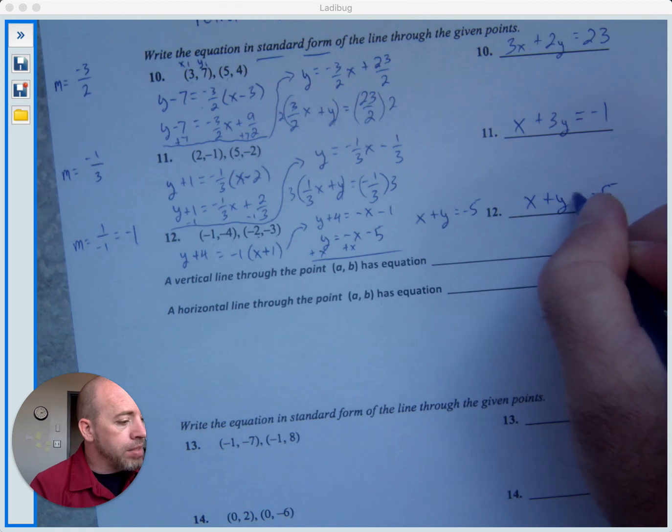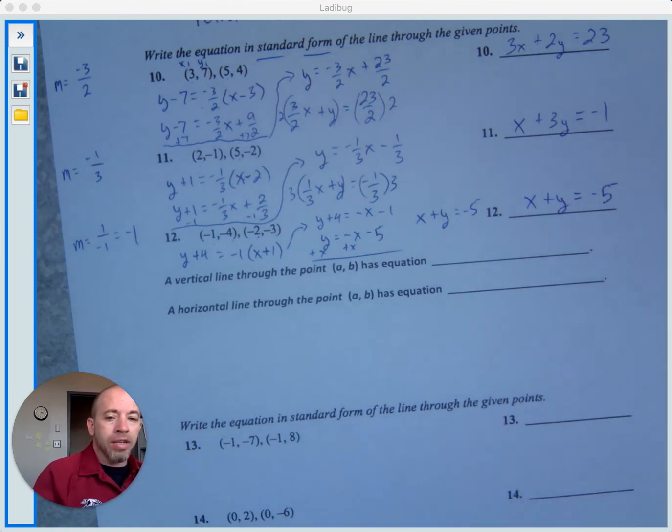So that's about as hard as we'll get as far as finding equations of lines. If you're given 2 points, there are a lot of things you've got to do. But if you follow this process and check your work, and if you make a mistake, go back and make sure you didn't get a minus sign wrong somewhere, or forget to multiply by a negative, or maybe your fraction operations, you could check with the calculator. You should be okay. Now, we have a few more problems at the bottom, but they all kind of are